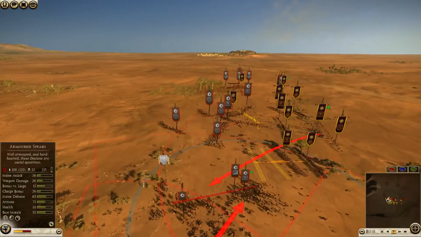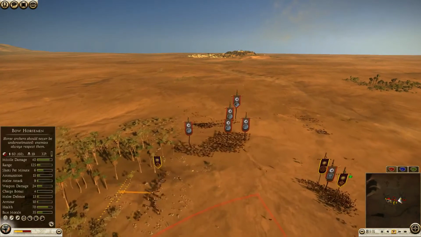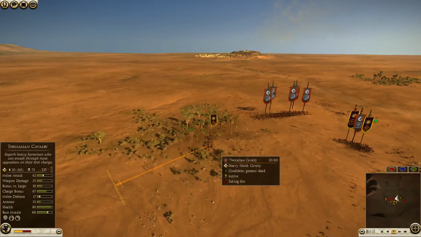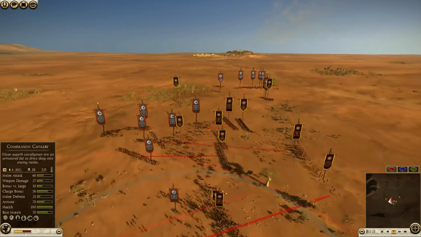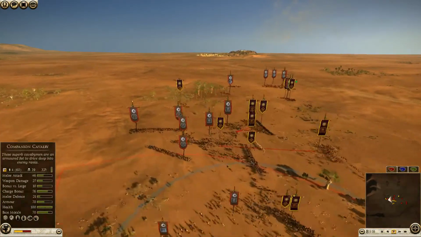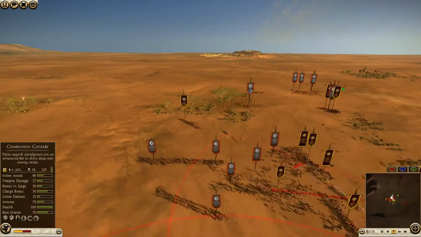I'm going to push back his skirmishers. I don't want to take unnecessary skirmisher fire. My Thessalian cavalry is sneaking past these bow horse, while the bow horse destroyed my citizen cavalry, and they are almost going to destroy my Thessalians. But I have enough infantry. My infantry hasn't taken that many casualties, so I'm just pushing forward with all my infantry,